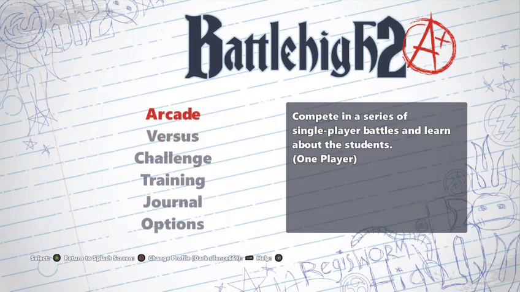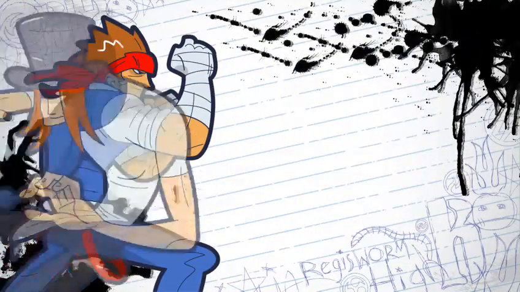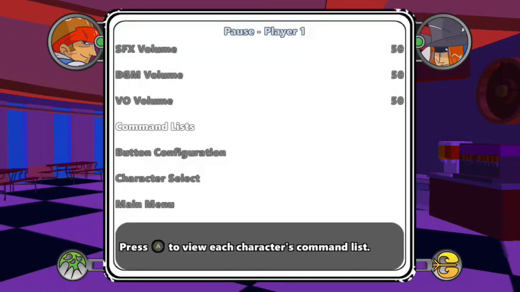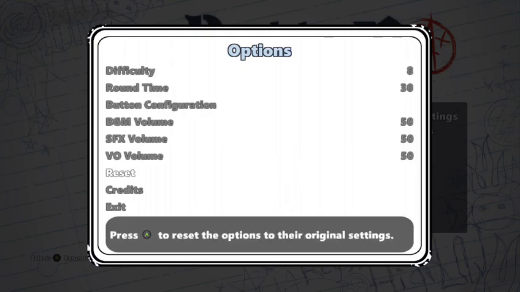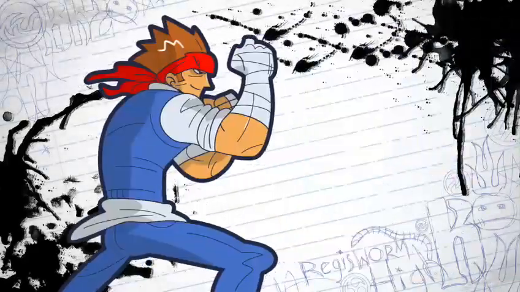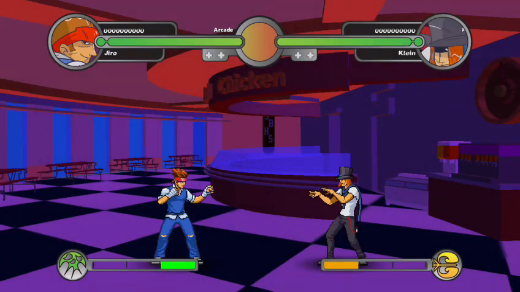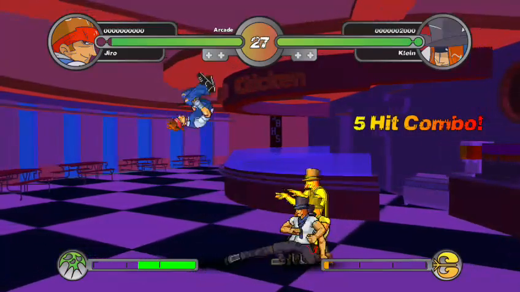All right, we're just gonna hop right in there. First things first, actually, I need to go back to menu. I may need to go back and change the difficulty to the hardest, just in case. Okay, difficulty is at 8. Round time is at 30. We're solid. Now, I don't see it as too hard, but it could definitely be hard for some characters. It is a very basic game, but if you string your combos together right,